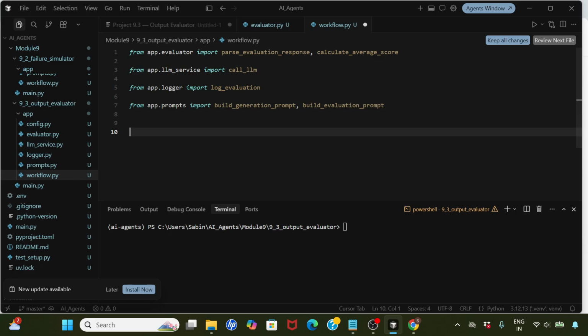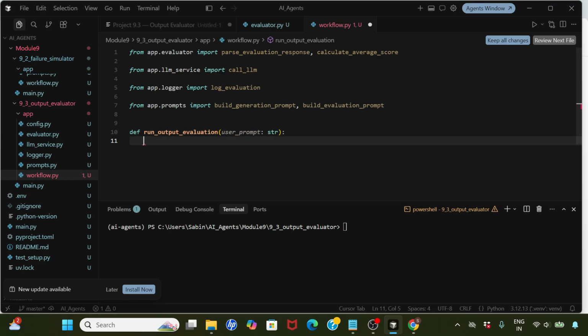Okay, so we'll create a function called run output evaluator. Evaluator, is that the right spelling? Evaluator. Yeah. So let's say run output evaluation, and we give the user input. So that's the first step, right? First and foremost, when the user is providing the input, what we need to do is